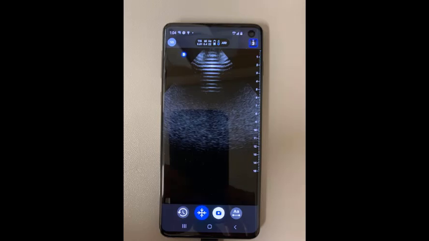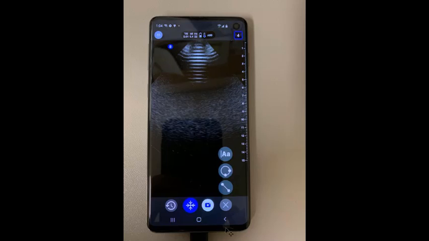If you want to measure a structure, such as the aorta, for instance, what you want to do is tap the freeze button, the snowflake right here. Of course, that'll freeze the image, and it'll change the buttons that you see on the bottom. You'll want to tap the button right here with the upper and lowercase a, and that will change the buttons and give you some other buttons. To measure, what you want to then do is touch this button right here,